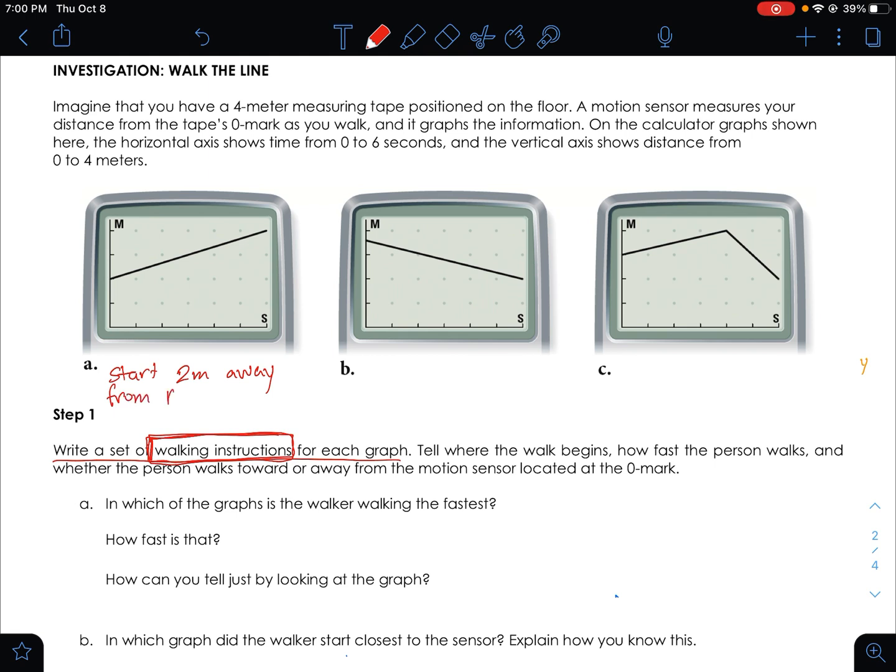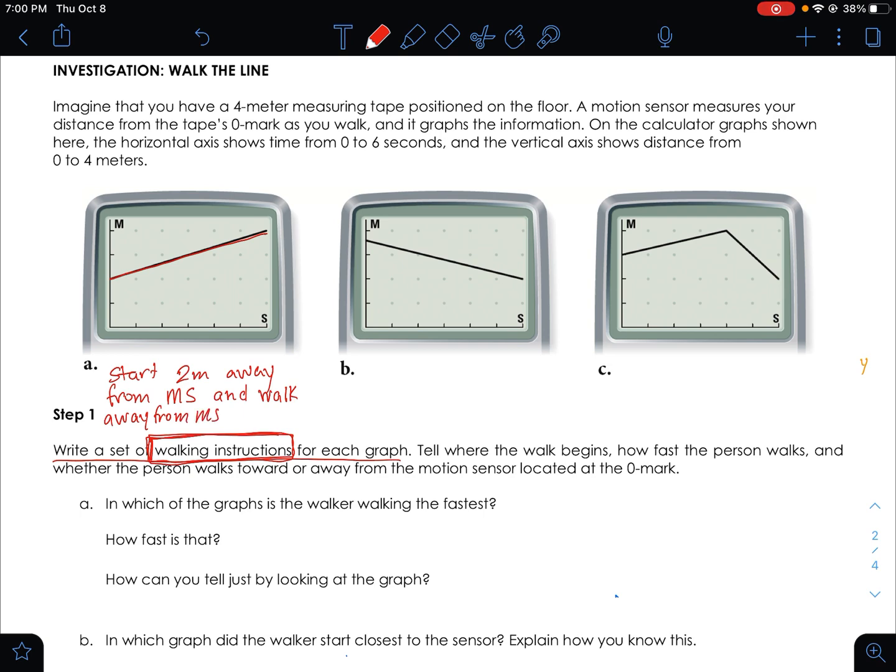And I'm going to abbreviate the words motion sensor with MS, because I don't feel like writing it out every time. Then, since this graph is increasing, it's going uphill, we know that we're walking away from the motion sensor. So start 2 meters away from the motion sensor and walk away from